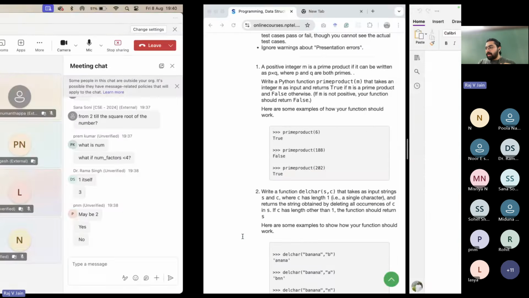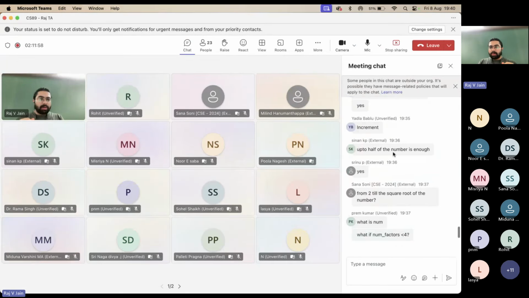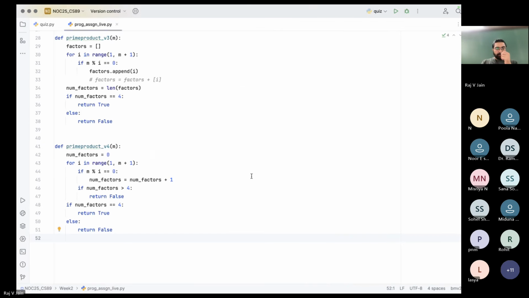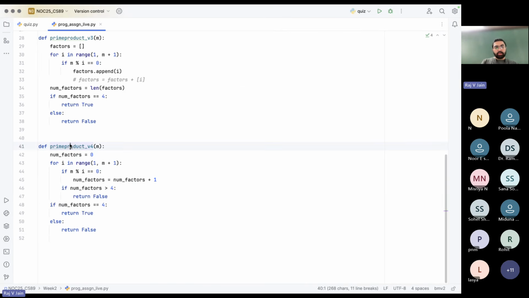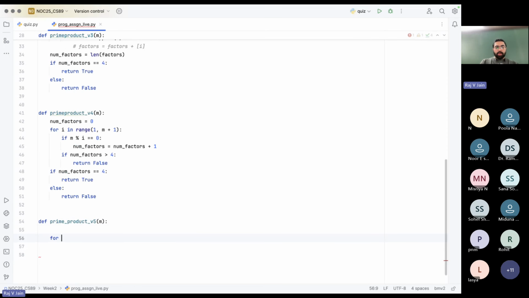So there were some ideas on going up to half the number, or up to the square root. Yes, you can use these sort of ideas also. So in that, what will be the check you will do, and what will be the range that you will go up to? So we'll do another version. Let's say prime product P prime M. For I in range of, let's say